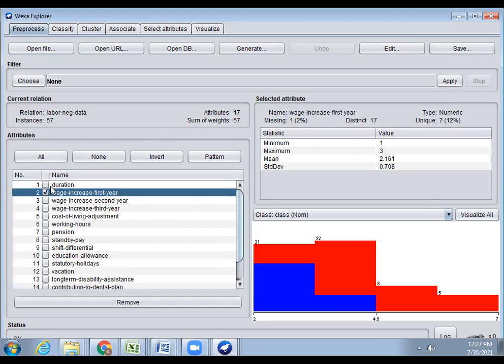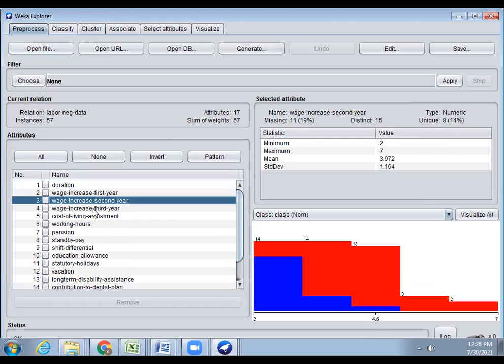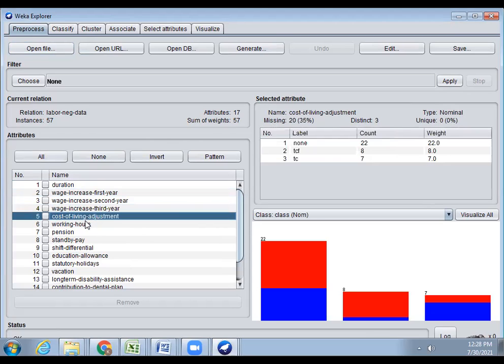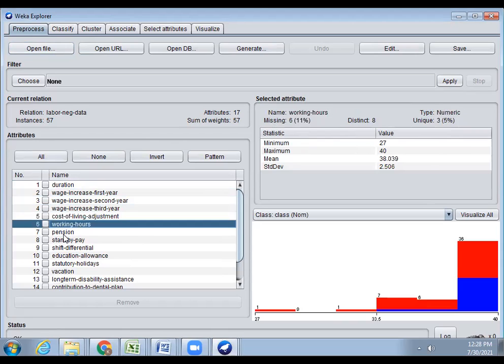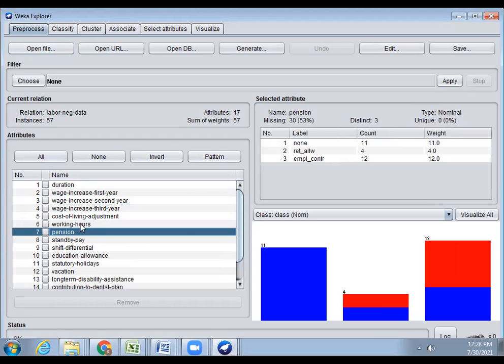Then the second attribute is also a numeric value. The third one is numeric, the fourth one is numeric, and the fifth one is nominal, so it may be in text format. Then the sixth one is numeric, and the seventh one is text format, that is, the type is nominal, and missing is 53%.